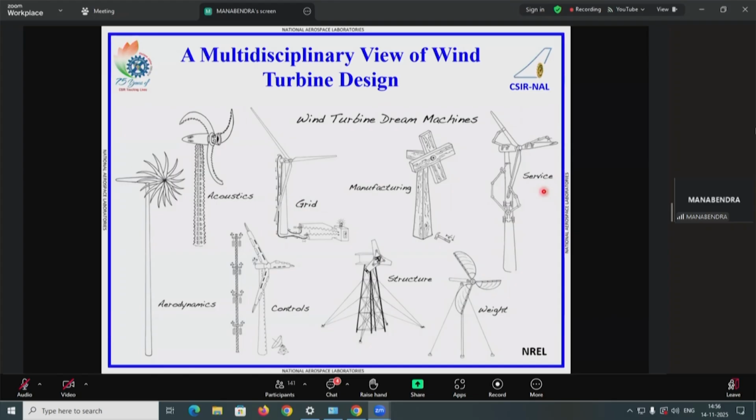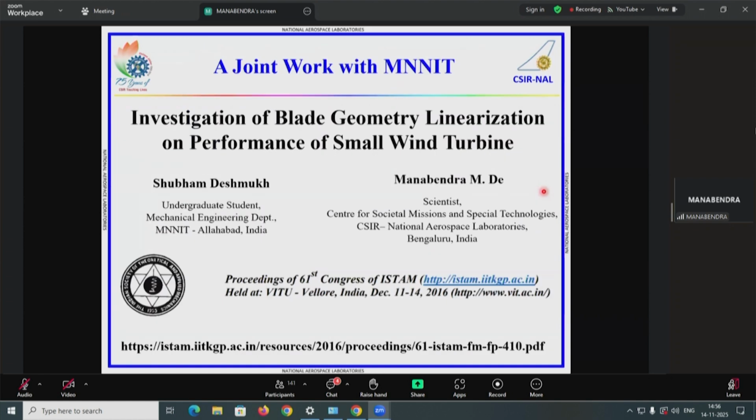So primarily, what we are saying is, since the final product has to work optimally, all the multiple disciplines have to come together and work in synergy. In that context, the first thing that came out was a joint work with a student, Shubham Deshmukh from MNNIT Allahabad, Prayagraj. He came to NIWE for his internship,